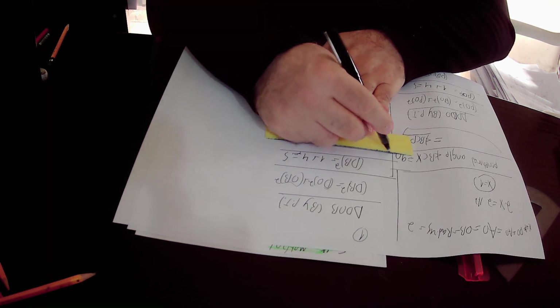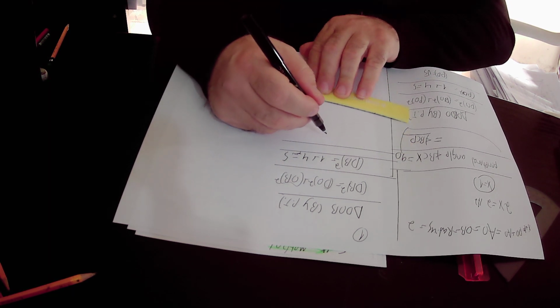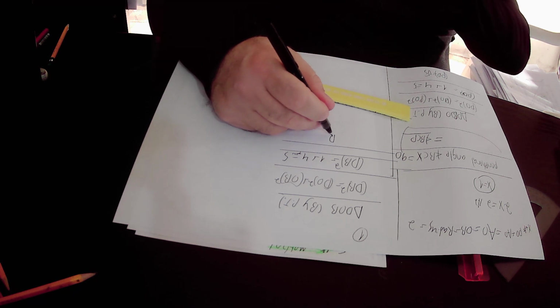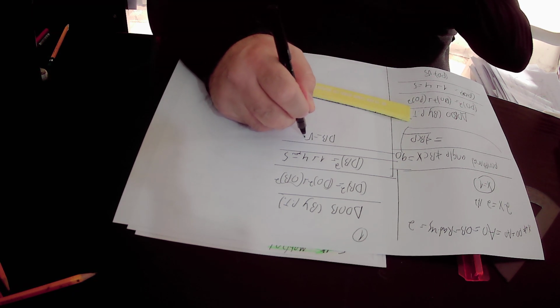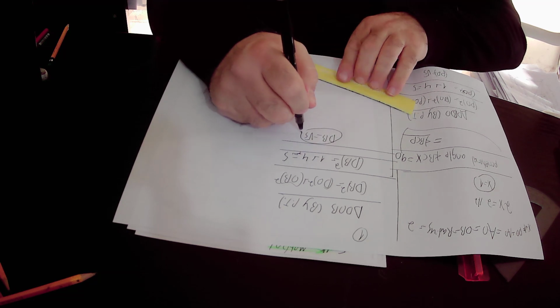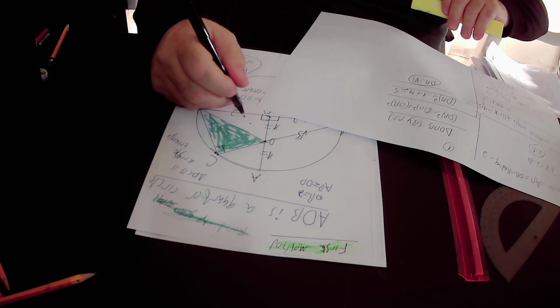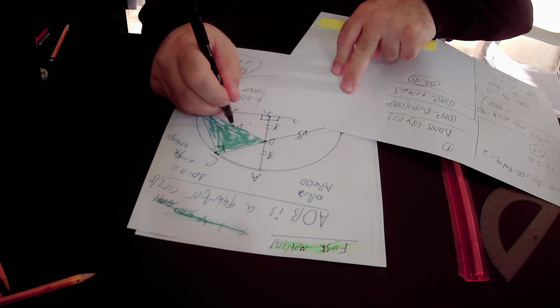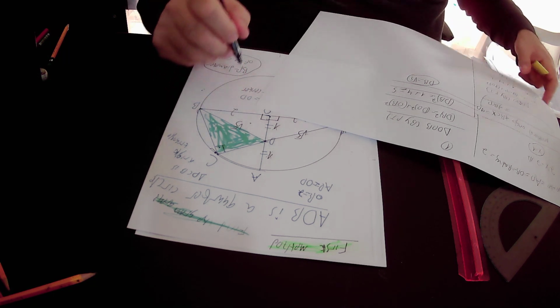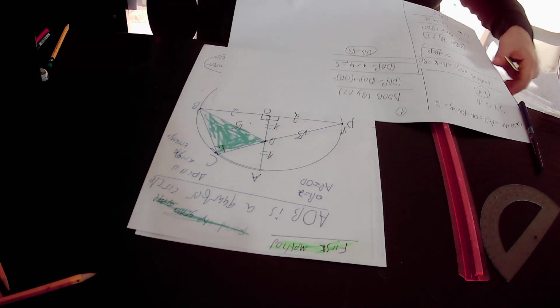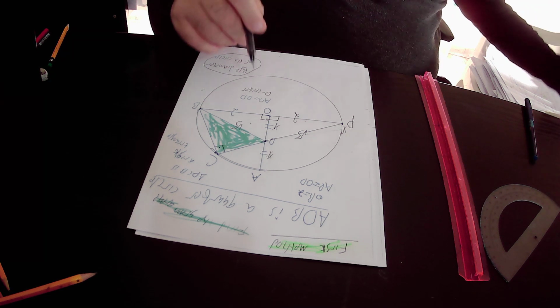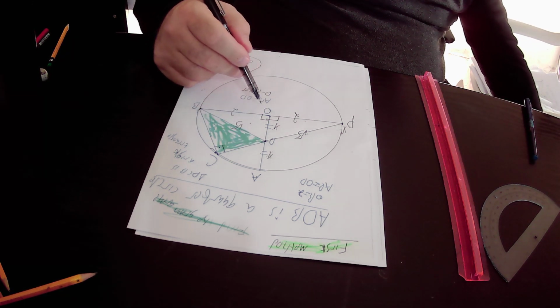Here we take out all of this equation, and we will get that DB equals the square root of 5 units. So we found that the equation of DB also equals the square root of 5 units. Okay, in the next step, we'll extend the radius AO by a straight line